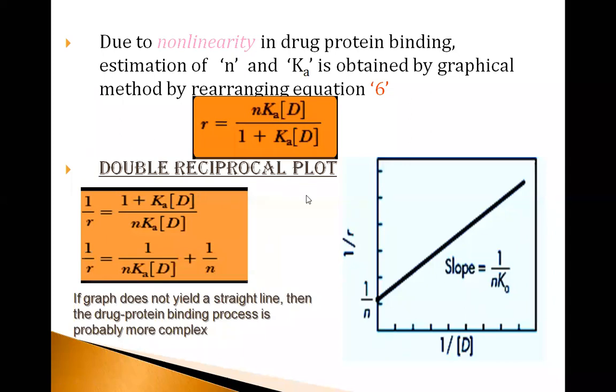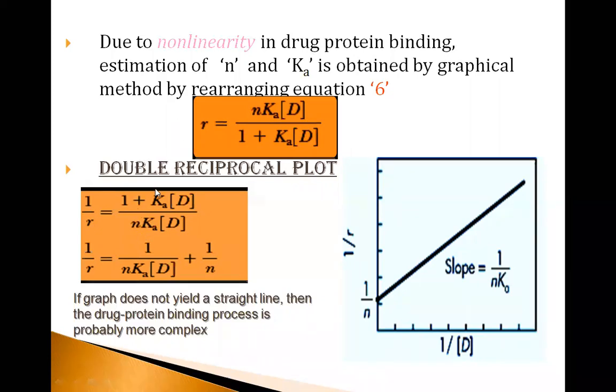So it's just the reciprocal method, and remember this word reciprocal. I'm just taking the reciprocal of this equation. I've written it here clearly. Hope everyone knows what a reciprocal is: 1 by 2, 1 by 3, 1 by 4, all these are reciprocals. So 1 by r, I'm just taking the reciprocal. You write 1 on top of this equation and divide, so this becomes 1 by r, 1 by this entire equation.